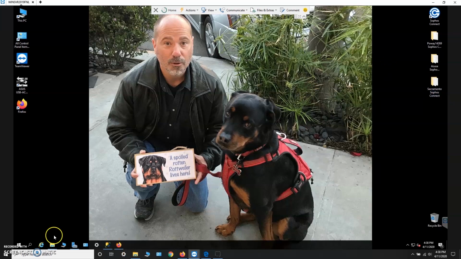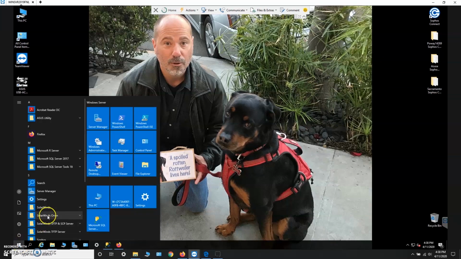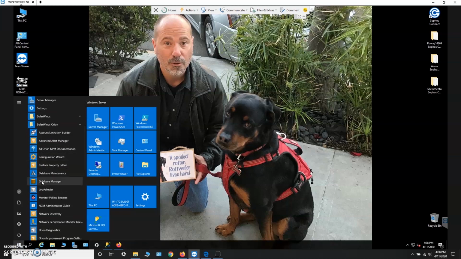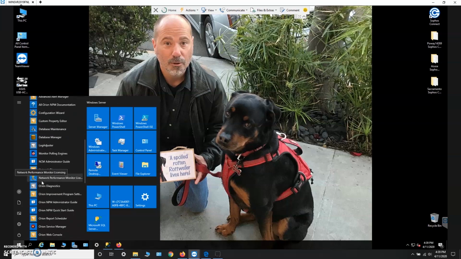So I have already brought up, I'll go over here and say, if you look at the Orion platform, SolarWinds platform, there's a ton of stuff in here. I could spend all day going over that. This is an enormous platform. Again, a network operations center, for those who don't know, and I know I'm talking to a broad range of technical folks here, is usually consisting of people who only work in the network operations center, and sometimes they'll combine the NOC and the SOC, the network operations center and the security operations center, into one building or one area. But typically that's all you do, because that's how huge a thing it is.